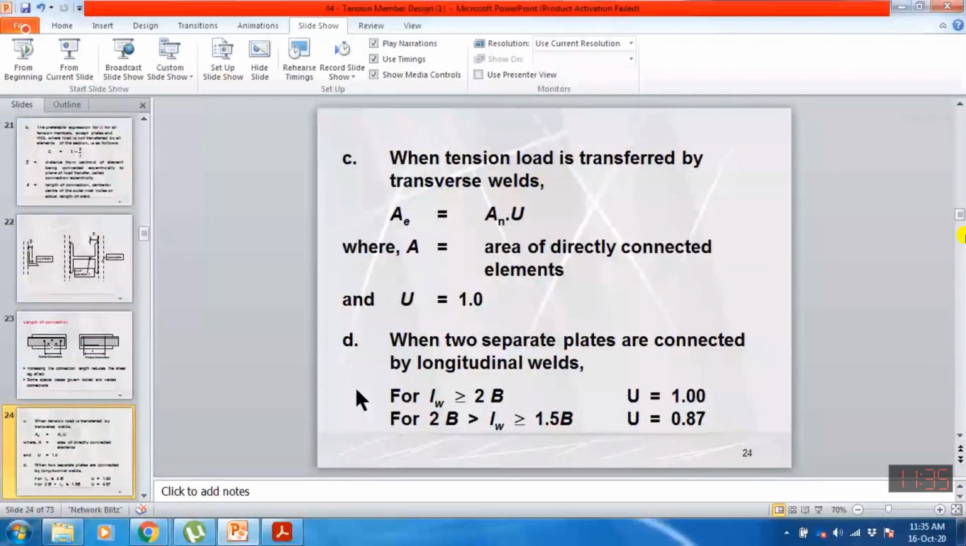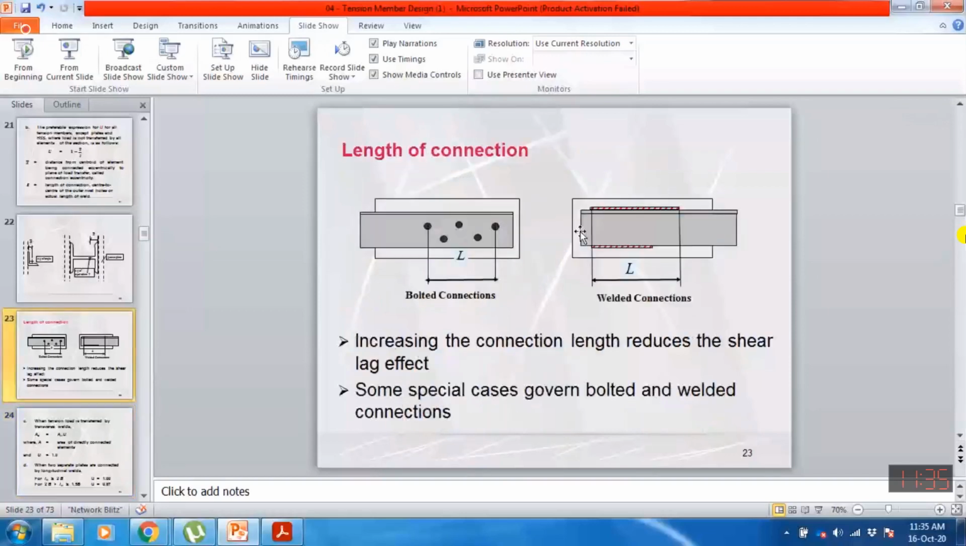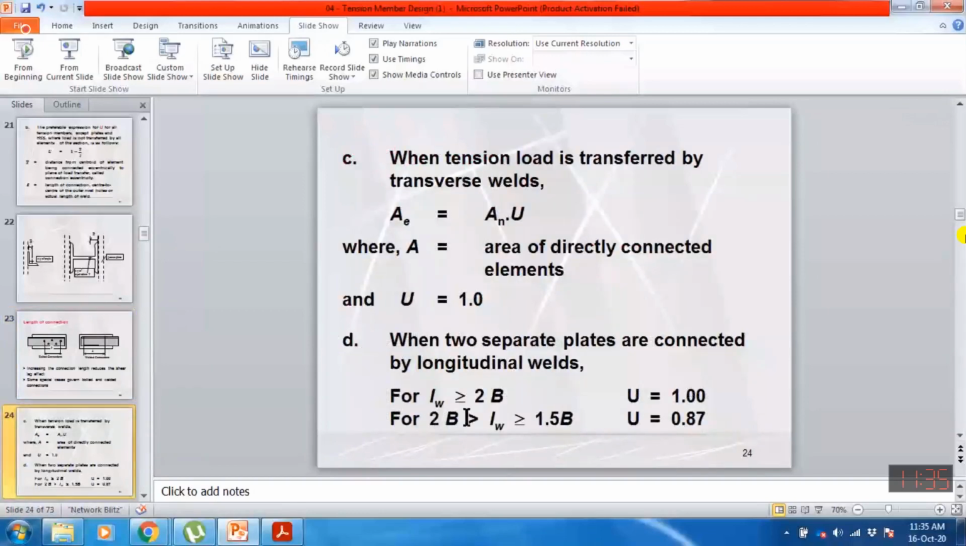So when two separate plates are connected, if the length of the weld is more than or equal to 2 times the width, for example here, the width of this cross section is B. Let's suppose the length of this connection is more than 2 times this B, then the shear lag factor will be equal to 1. And if it is less than 2B but more than 1.5B, we can assume